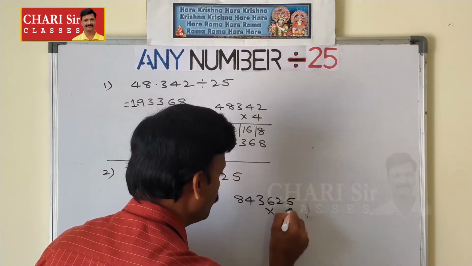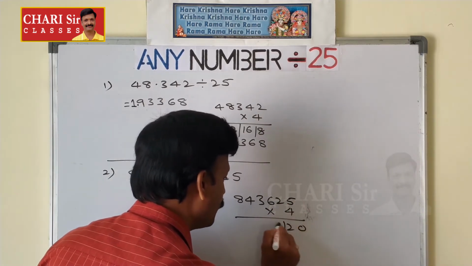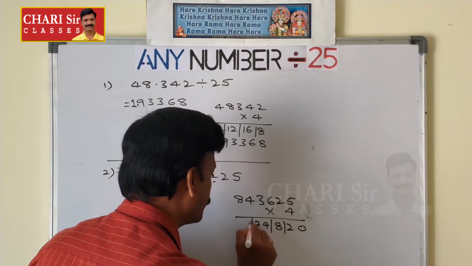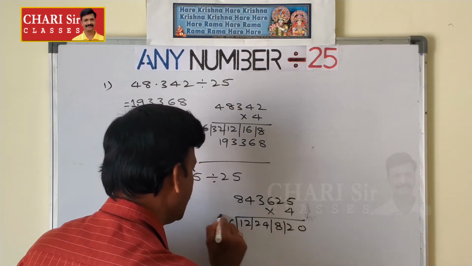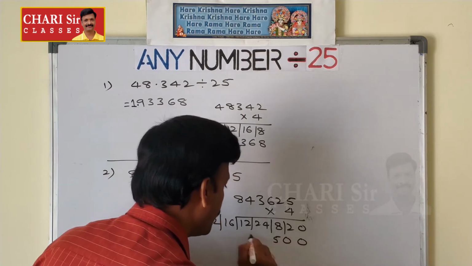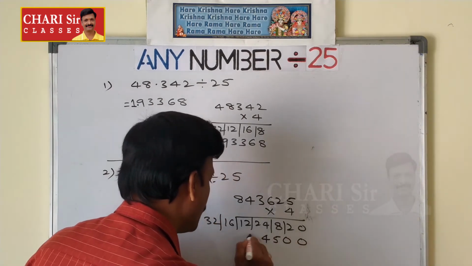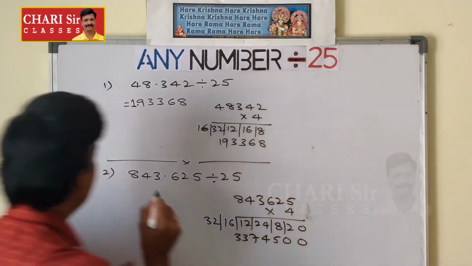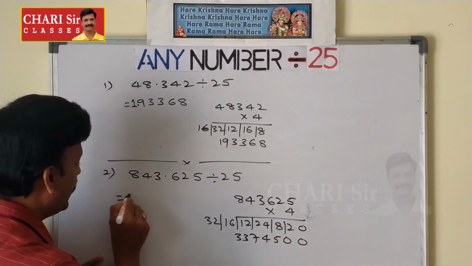843,625 into 4. 4 5 is 20, 4 2 is 8, 4 6 is 24, 4 3 is 12, 4 4 is 16, 4 8 is 32. Let's balance: 0, 0, this is 5 and this is 4 and 7, 33. Let's write down here. That is